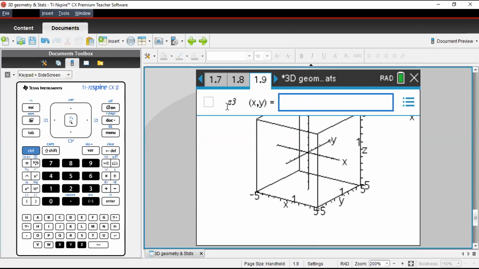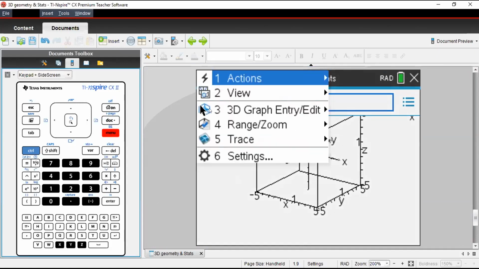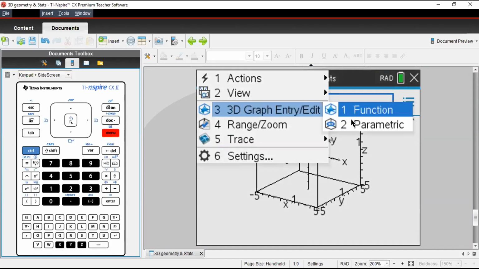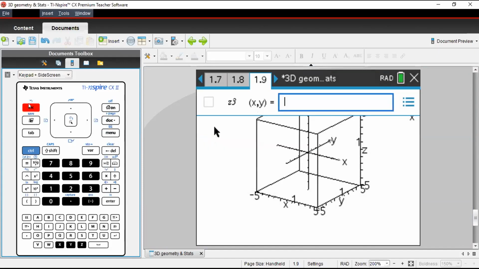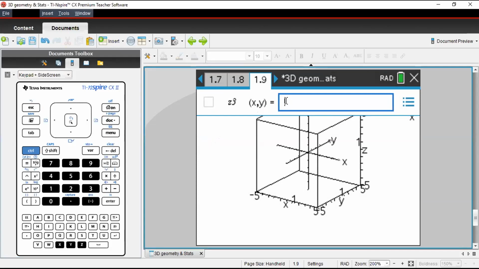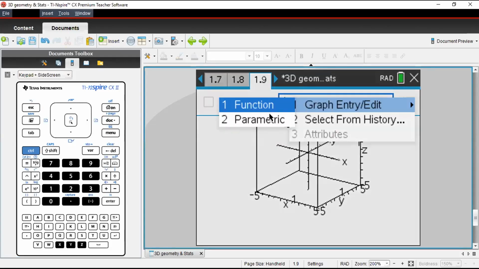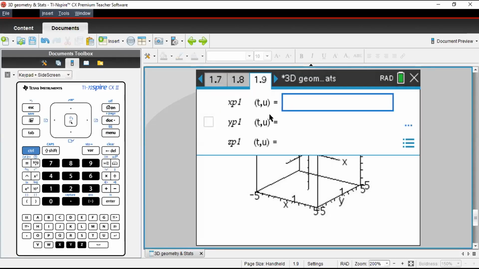In order to change it to parametric, you have two options. Either you can go to menu, 3D entry, and from here change it to parametric form, or you can just right click over here, choose graph entry and choose parametric. Once we choose the parametric, we will replicate the same function in 3D.